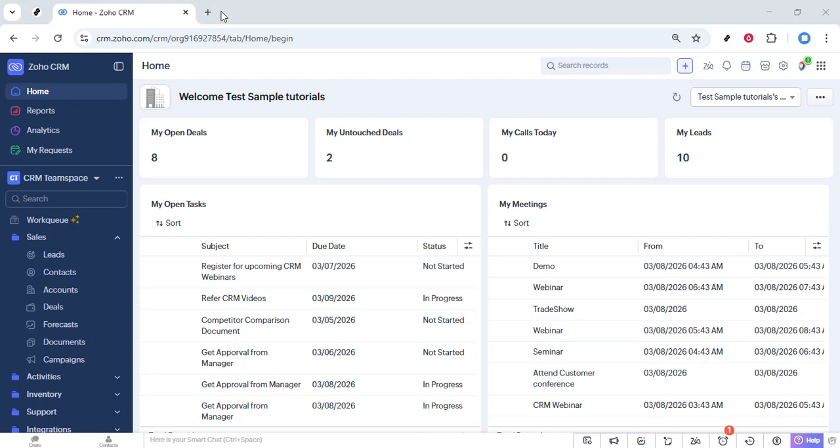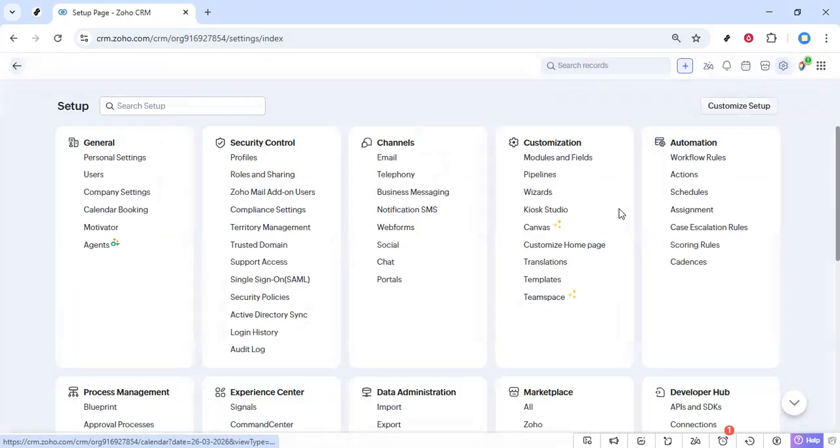Once you're in Zoho CRM, look toward the top right corner of the screen for the gear icon. This icon is your main entry point into the setup and configuration area. Go ahead and click that gear icon. This will open the settings page where you can manage various aspects of your CRM, including integrations, users, and customization